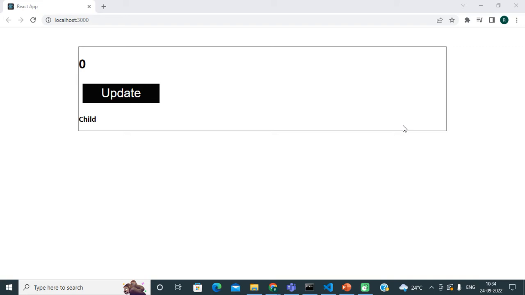To understand that, first we need to understand one concept in React.js, that is component re-rendering. Obviously I had created one separate video on this topic, but still I just want to remind you guys. See friends, every React.js component gets re-rendered in three different scenarios. So what are these three different cases?